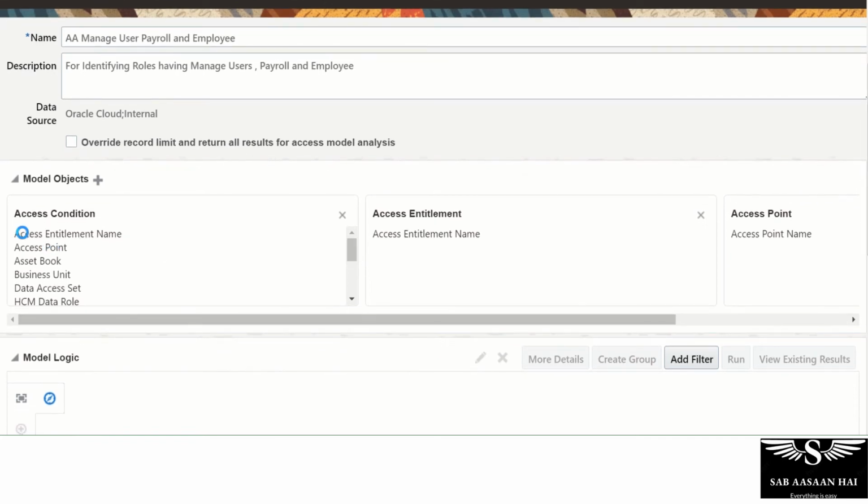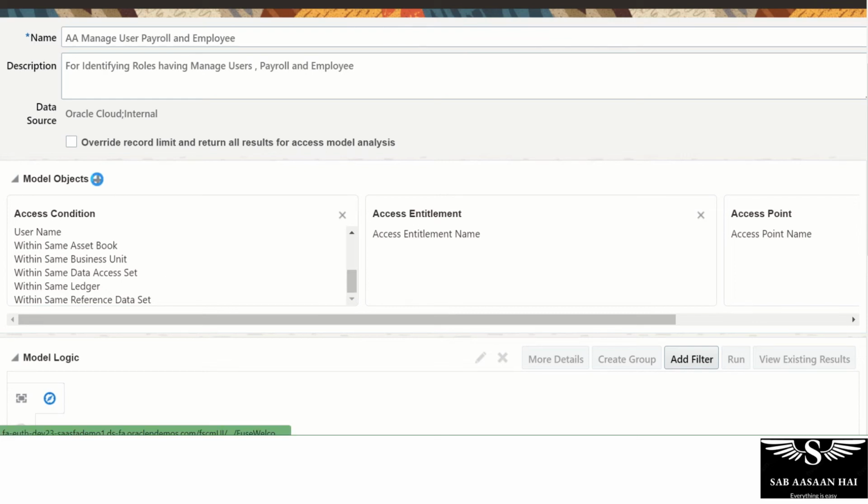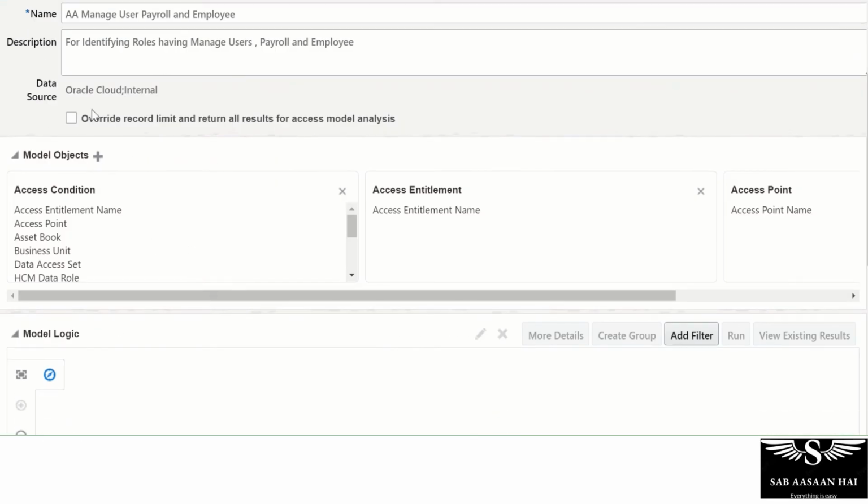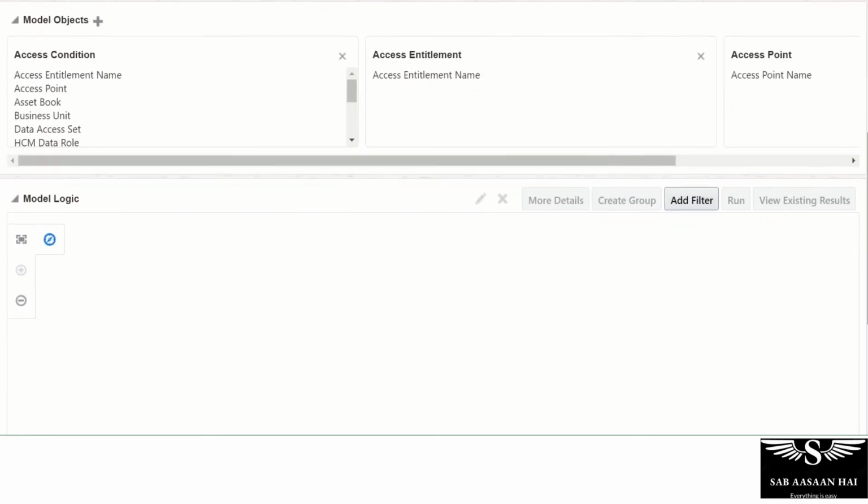Now these are my different access model conditions: access entitlement name, access points, business unit, data model. These come by default. We can use any of these conditions in our model for defining. If any additional ones are available, we can import them from here. These are the three models we have already imported for our model to be created. Once we give the name and description for our model,